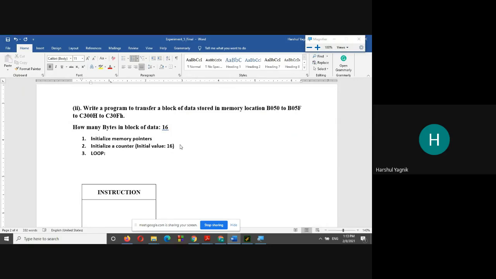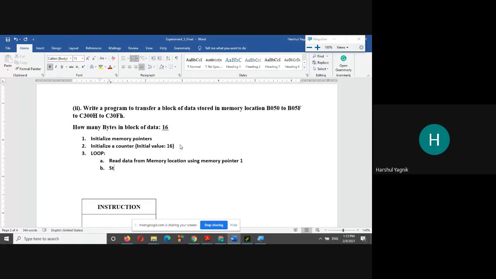In that loop, what do we need to do first? Read data from memory location using memory pointer 1, let us say. That will read data from the memory location to the accumulator.